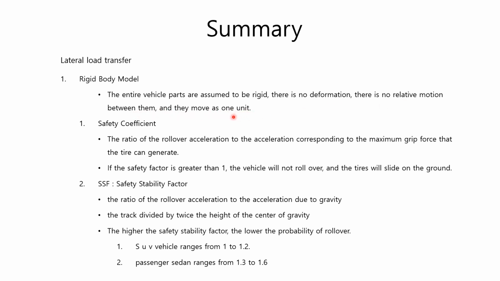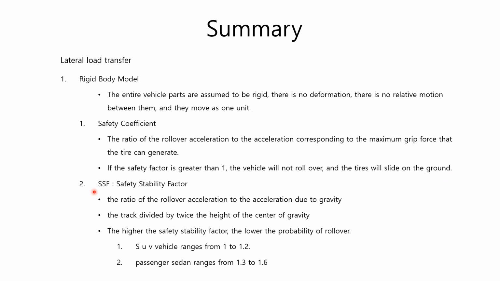The first of the two indices calculated with rigid body modeling is the safety coefficient, which is the ratio of the rollover acceleration to the acceleration corresponding to the maximum grip force that the tire can generate. If the safety factor is greater than 1, the vehicle will not roll over, and the tires will slide on